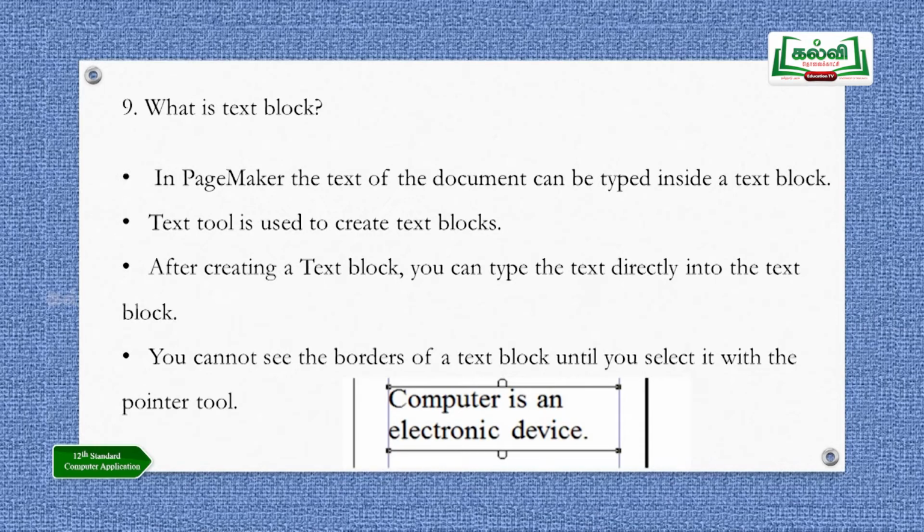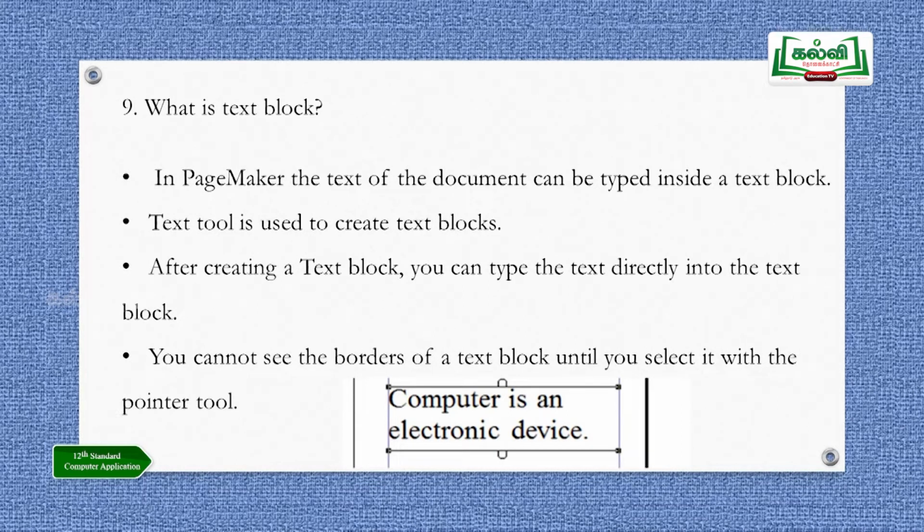Okay. What is a text block? For your understanding, I am showing you how the text block will appear. After designing the page, in that page I want to place the text. I can use two things to place the text. One is a block, another is a frame. Now I am showing you how a block will appear in the page. If you see that image, that is called the block. You will have lines like that. On the lines there are two holders called handles. With those handles you can drag the upper line and lower line, and inside the two lines you can type the text. This is called a text block.